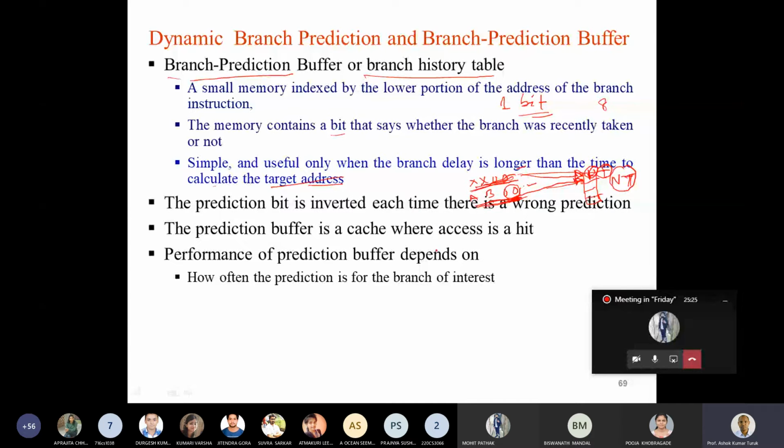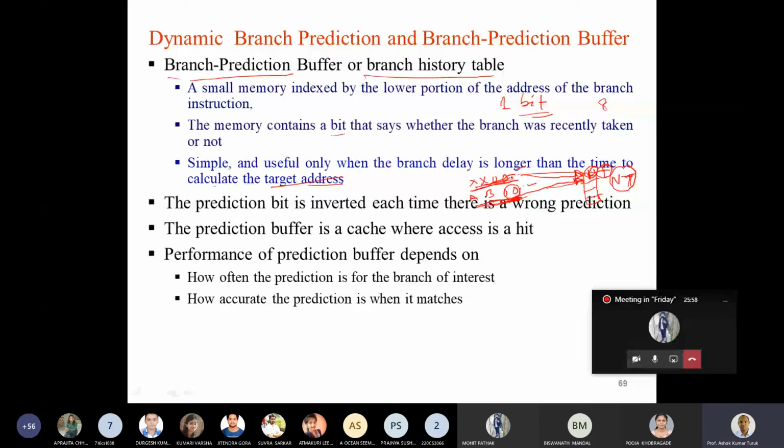So how often the prediction is for the branch of interest: this indexes into the memory using the lower order bits and extracts the information, but the information stored here is not for this branch whose address is AB00, but for the branch whose address was XX00. So the performance of this buffer depends upon how often the prediction is for the branch of interest,